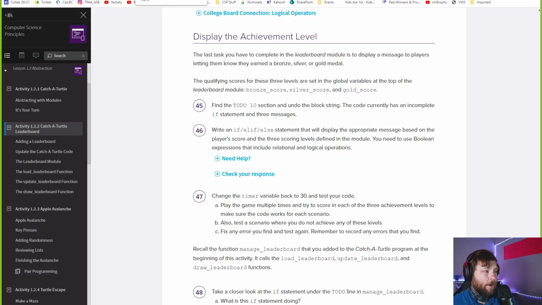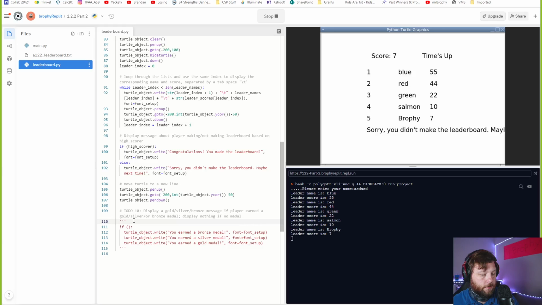Here's this. Okay. The code currently has an incomplete if statement and 3 messages, so we're going to get rid of the comment. And then it has this if with these things. If, else: write an if, else statement that will display the appropriate message based on the player's score and the 3 scoring levels. So if you're in first place, you should get a bronze, silver, and gold, first, second, third, right? The great thing is, if you don't know,